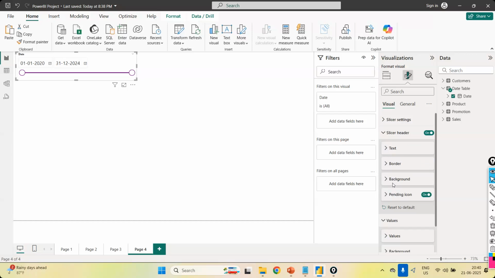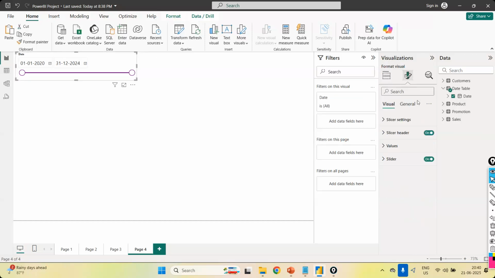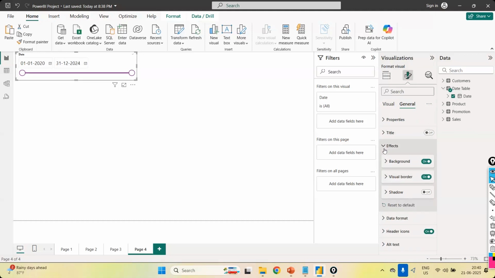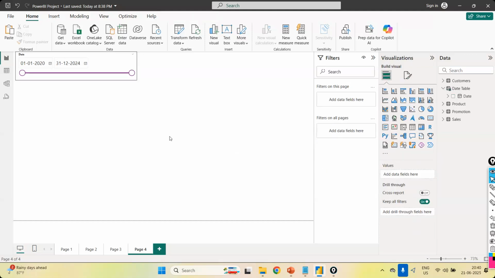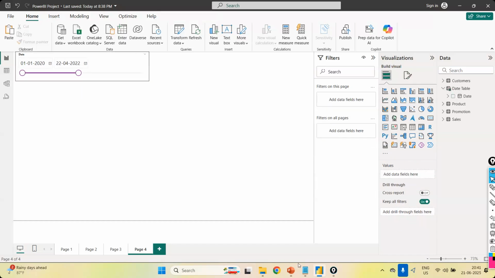Okay, background, you want anything else? You can add a background or something. I don't require anything, I just require the border. I'm adding the border. Some visual border like this. Okay. And here I'm going to select the starting date to ending date. What are the starting date and the ending date I require? You are going to select the date and according to that,